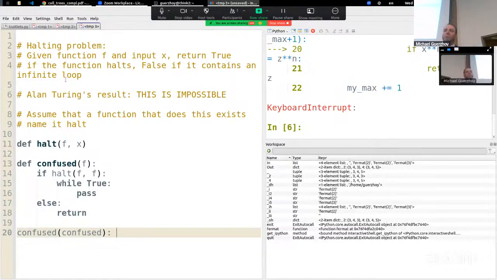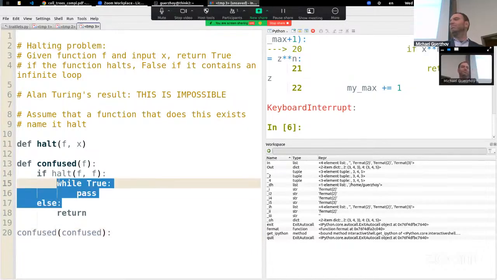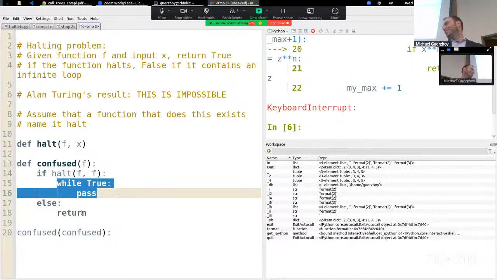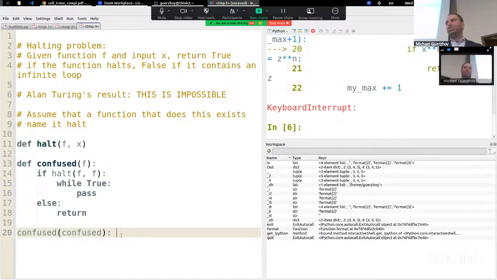Well, it turns out that it cannot be true and it cannot be false. And the reason is that if confused holds when you plug confused into itself, then it also doesn't hold because it produces an infinite loop. If confused doesn't hold, then it returns. So assuming it holds